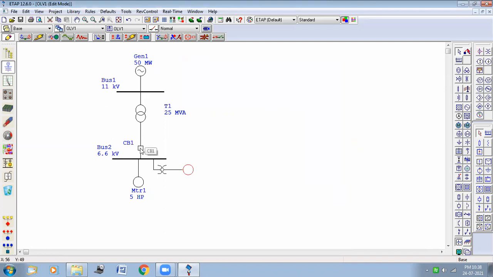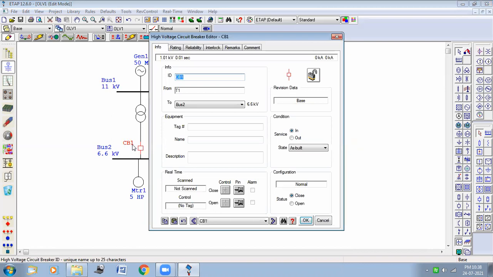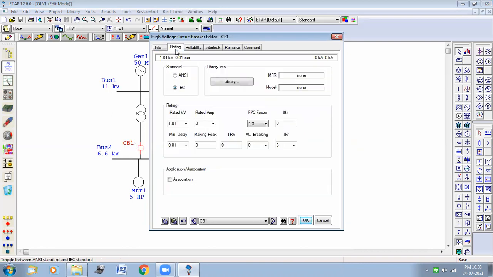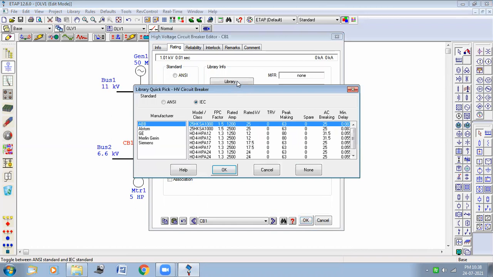Next, double click on the circuit breaker. In the circuit breaker, the next tab is rating, go to rating. In this rating, go to library. From the library, you have to select the proper circuit breaker. Our bus bar voltage is 6.6 kV, so for that application, you cannot use a 25 rated voltage circuit breaker. You have to select the proper rating.